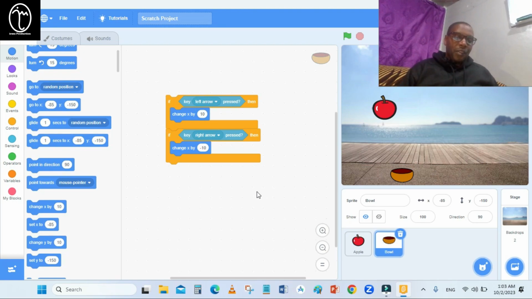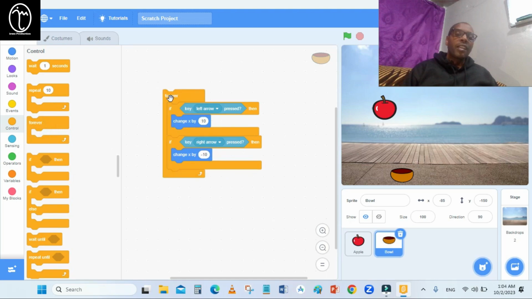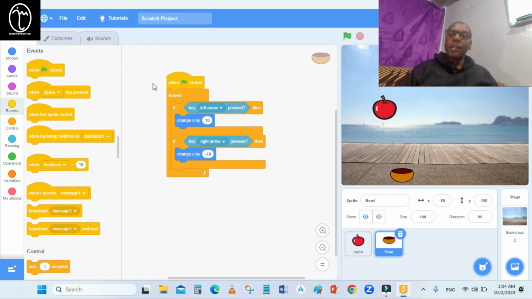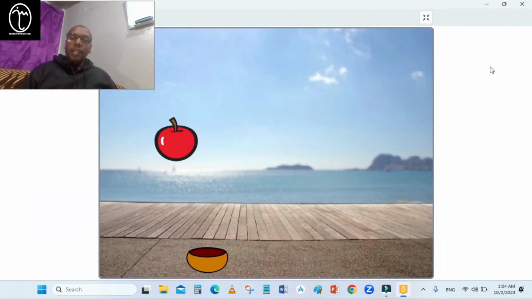So after that, we are going to go to control and take the code forever and put all these codes in forever code like that. Then I go to events, I choose when green flag is pressed. This is when this will be taking place. I think we can test what we have done so far. Like clicking here, it's a full screen, and then when you start the game, when you click on the green flag,